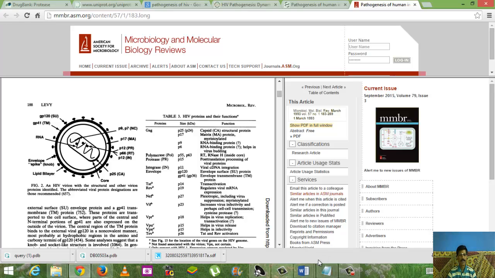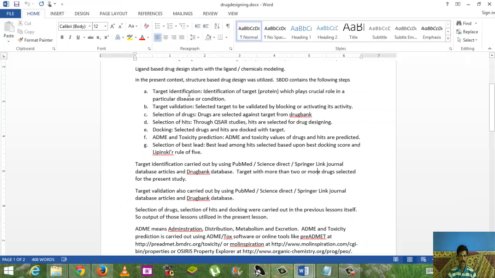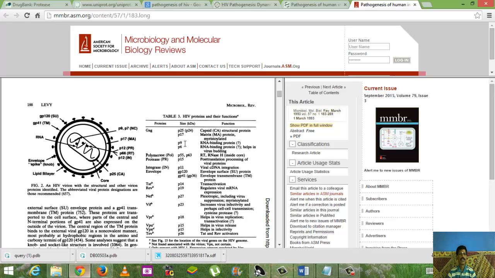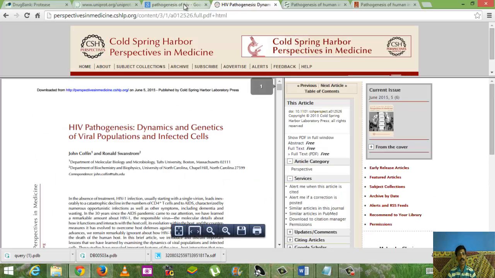So by using PubMed, we identified the target as protease for the present study, and then we searched the PubMed databases and we validated our target. The next step: we identified the target and validated the target. Now you should get the drugs for this particular target. Then only can we carry out this QSAR study. So for that purpose, now we go for databases like DrugBank or again the PubMed journal databases to get information about the drugs available against